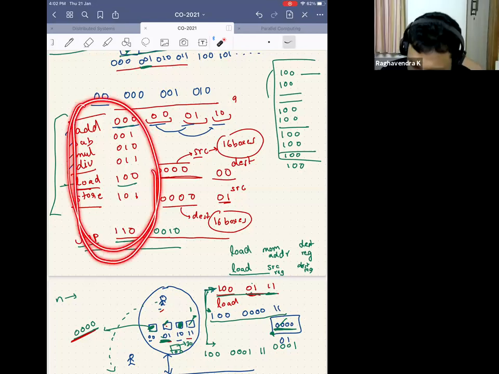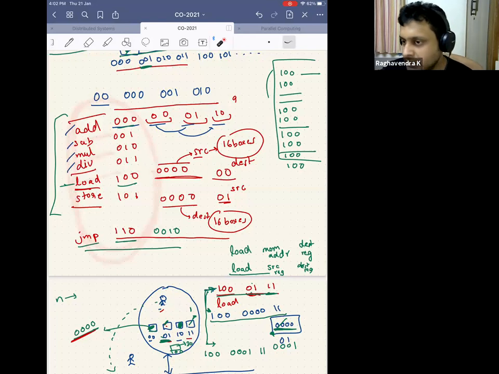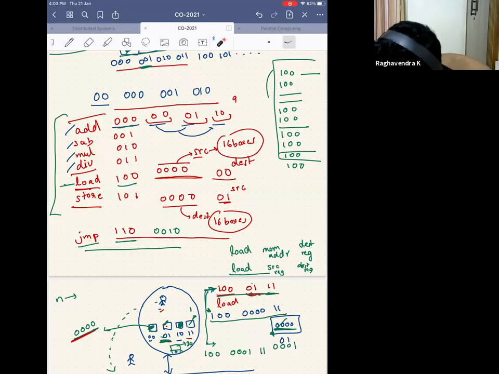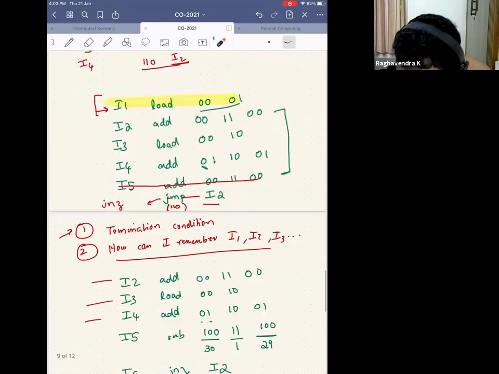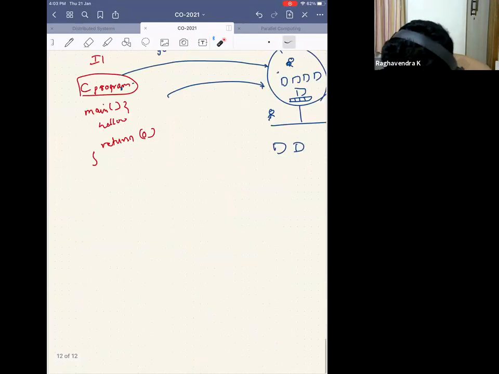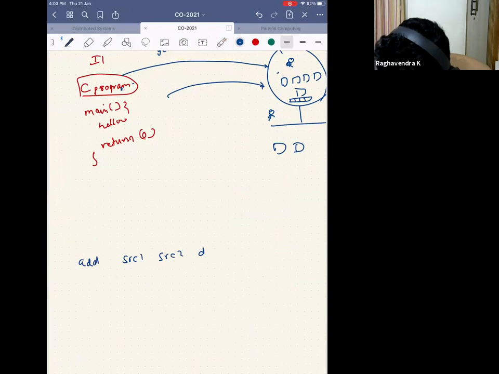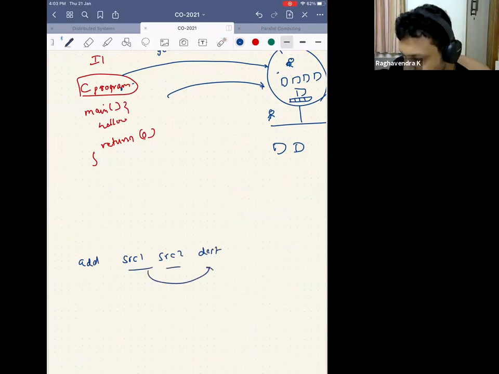So it has a certain philosophy of design, and it has this number of instructions. Maybe Amit Kesri is angry with me. He said, I don't want to have it this way. So what was this add doing? This add was doing something like this, right? I have an add with source 1, source 2, and then destination. So what am I doing? I'm adding these two and keeping it in destination. But Amit said, I don't want to have it this way. I will have it this way.